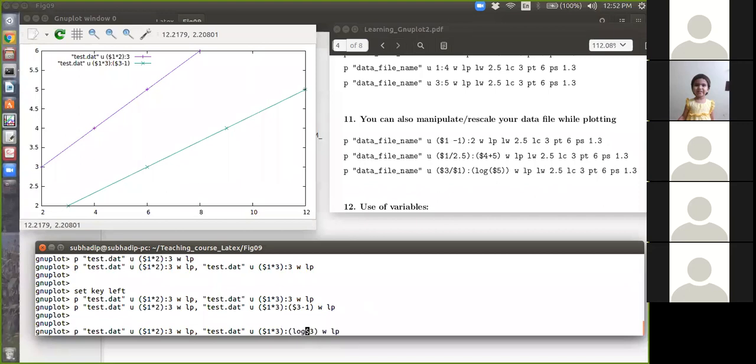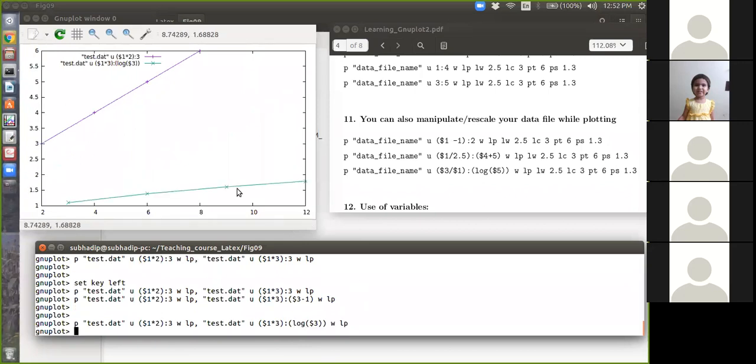Why not log? Log is a dangerous function. Still, the first column times 3 and log of the third column. Okay, here it is. So it is log, so the value is very small. I think it is clear.